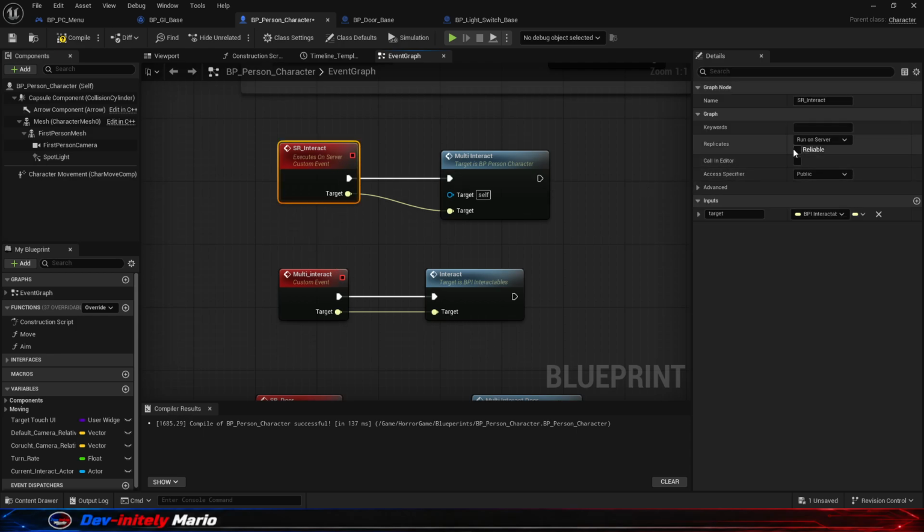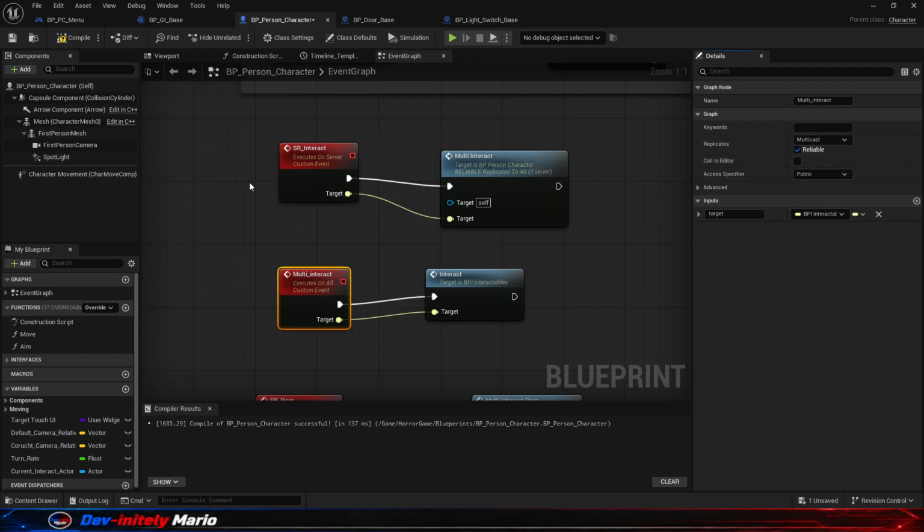First one, we should make it reliable because it is a send of one action, so we can make it reliable. We can rely on it. If it would be a massive send, we better not check reliable. The second error is the multi function I did not declare as multicast and not reliable. So